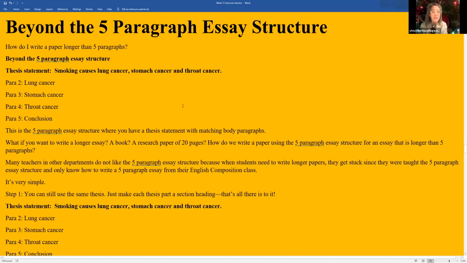And then when you're speaking, let's say you're doing a PowerPoint, then your first PowerPoint slide will be your thesis statement. Second slide will talk about lung cancer. Your third slide will talk about stomach cancer. No more than 5. Most speeches are more like 5 slides, 6, 7 slides. Beyond that, people fall asleep, actually. And so people have very short attention spans. And so once again, I'm still using the 5-paragraph essay structure for doing my PowerPoint, for writing my book, doing my PhD dissertation, doing my MA dissertation, whatever.